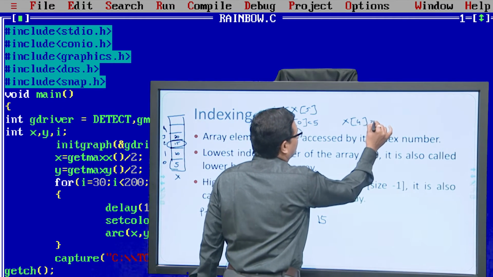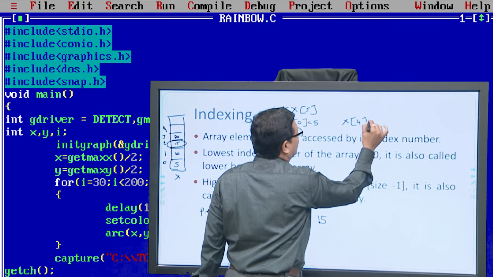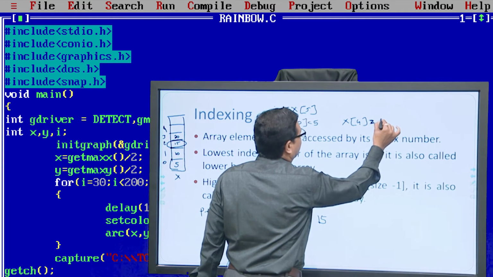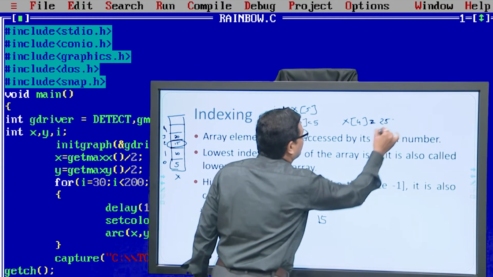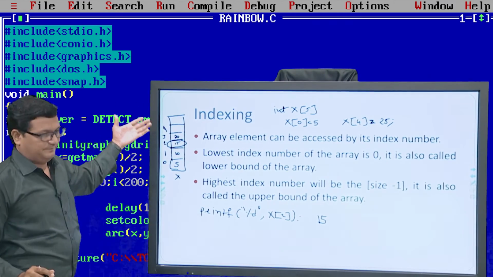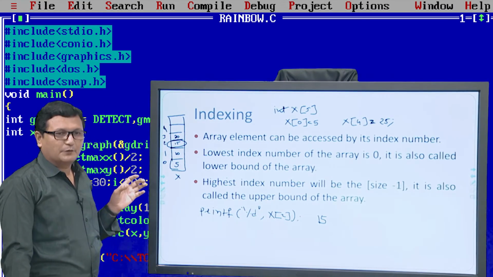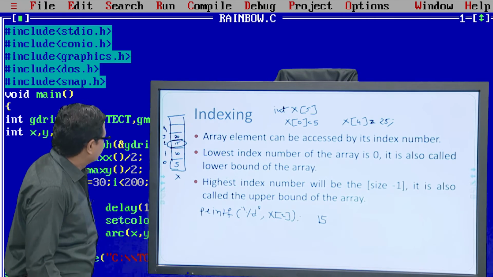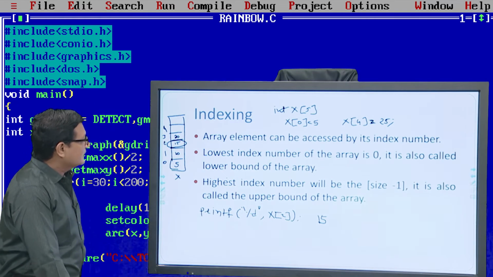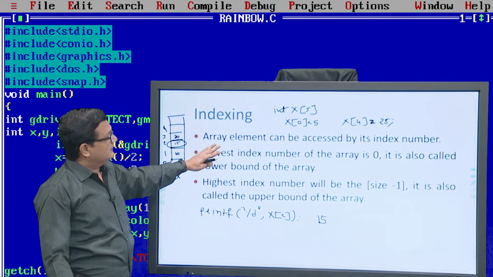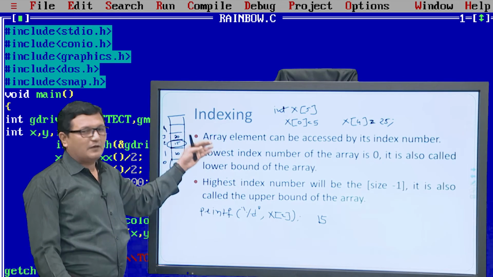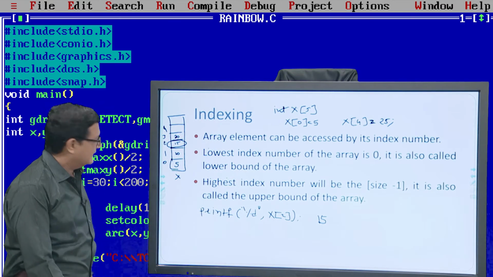We cannot store any element at position 5. Okay, so what the lower bound and the upper bound are should be clear.